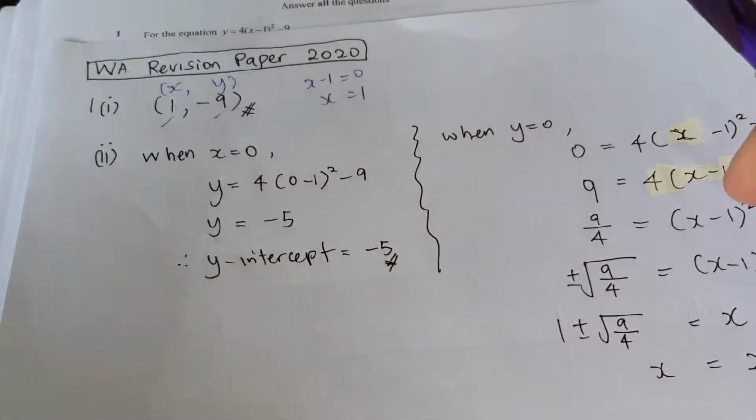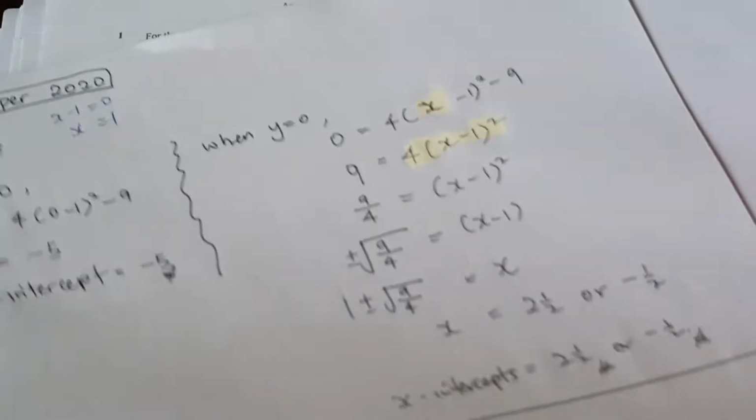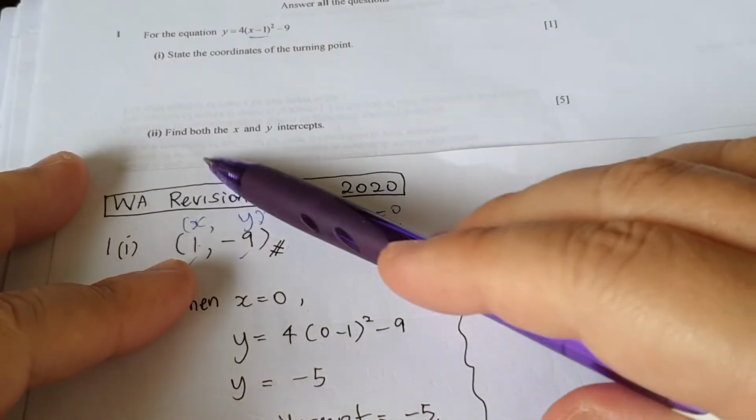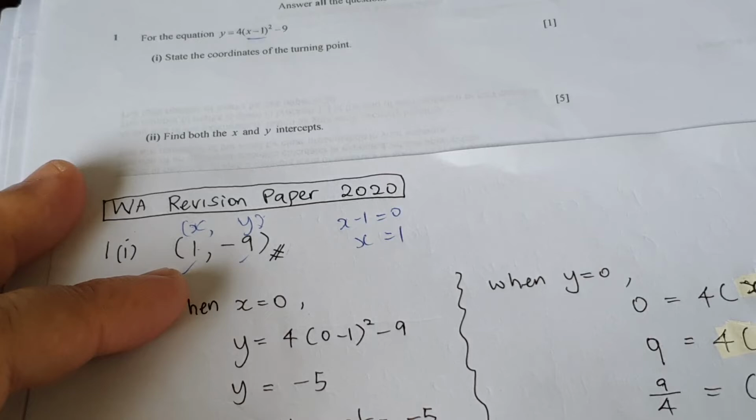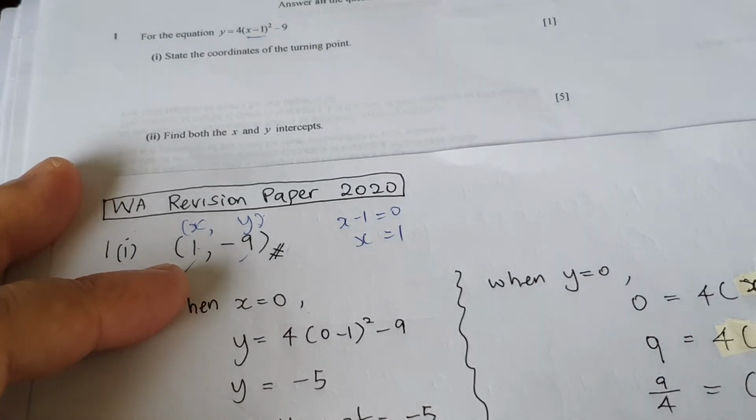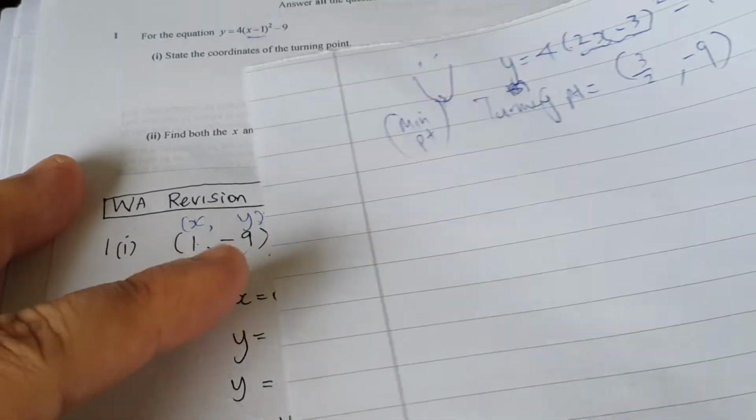Okay, now let's move on. We have the next part. Find both the x and y intercepts. Now, many of you don't know how to do this, okay? Now, you need to understand that